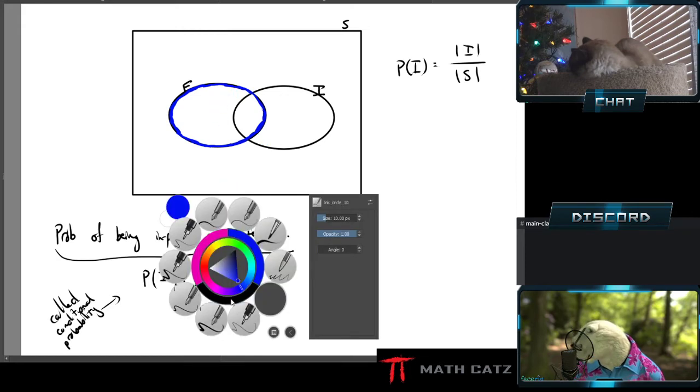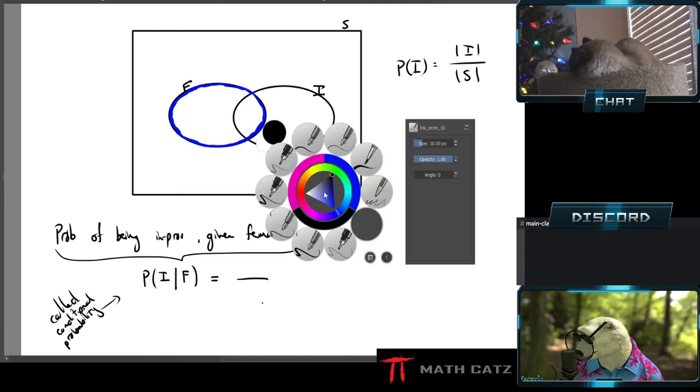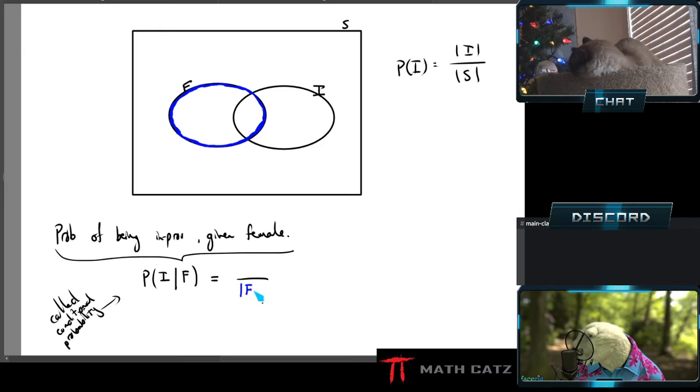So now what I'm calculating here is really out of the females, how many were in province. Yeah, I should do that blue. Which helps a lot. Out of the females, how many were in province. Because I have this extra information, I don't care about the outside. It's impossible. How many of these in the blue circle satisfy the in-province requirement? Only these guys. Or girls, I guess. Only these.